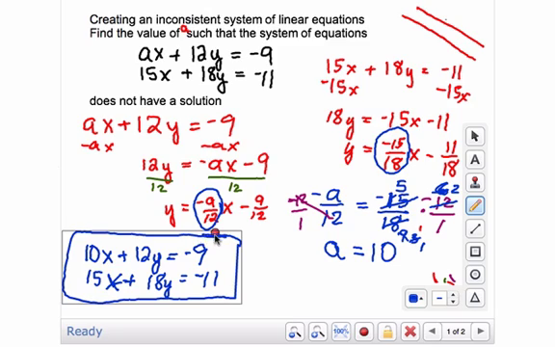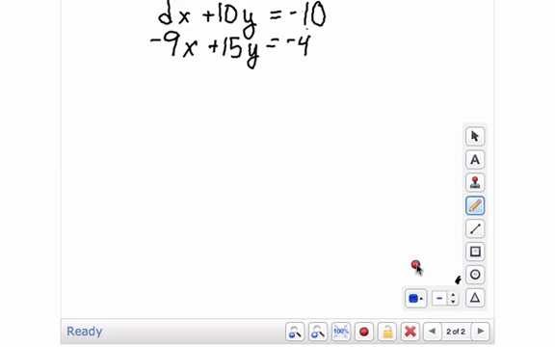Okay, so let me give you one more example. So here's two equations. We want to know what value you should use for d so that these lines do not have a solution, which means that they're again parallel and their slopes are the same. Okay, so I'm going to start with the second equation this time. I'm going to solve this equation